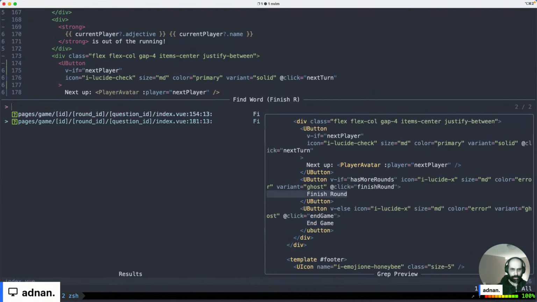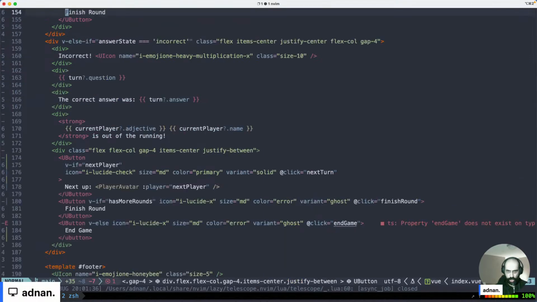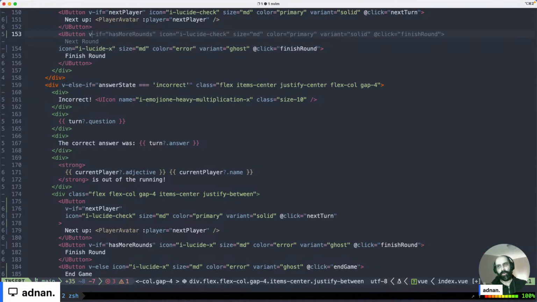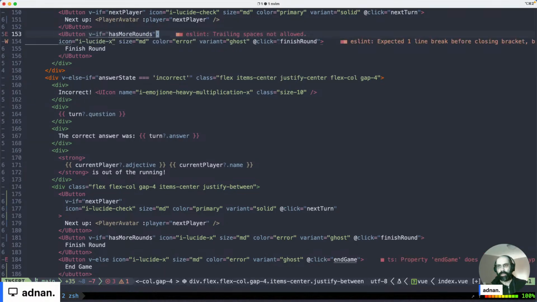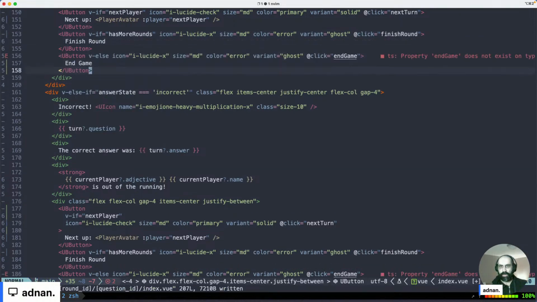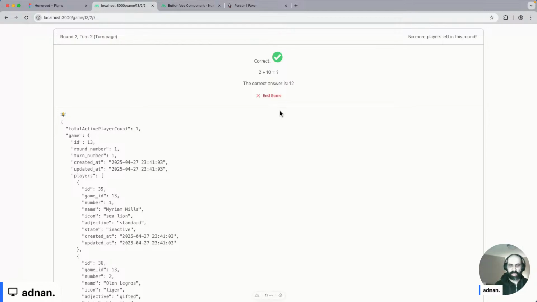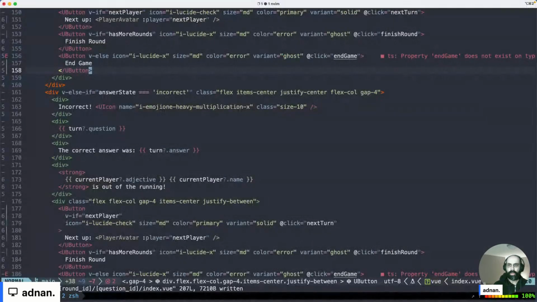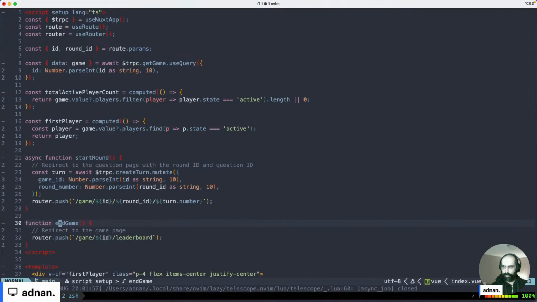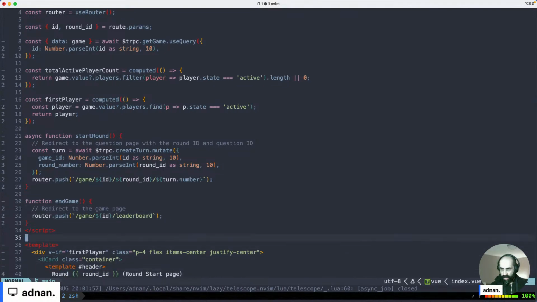Okay, so I will just duplicate this for now, because again, I'm not in refactoring mode. But if I were, then I'd bring this back in here. I want this scenario, and now that should change to endGame. That's correct. And now I can create an endGame function. I already have an endGame function somewhere, I believe. And this redirects to